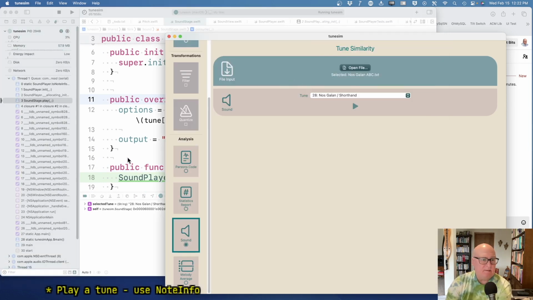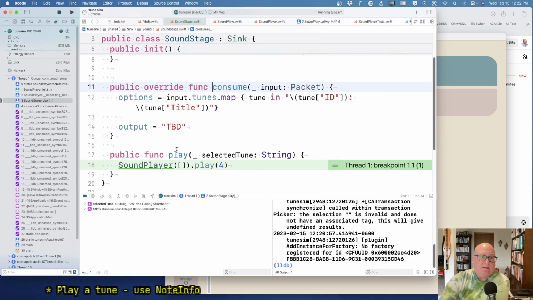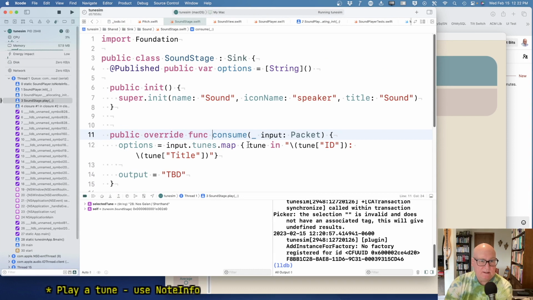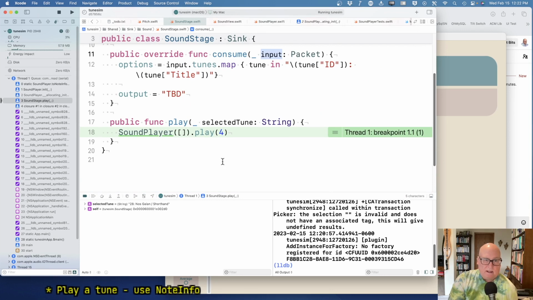Yeah. All right, well, I guess the time has come to do what this thing really needs. Okay, so I think what's going on is it gets called consume when we update the pipeline and put the sound in there, and it builds the options array. But when you get down to play, that's happening at some time later. There's no tunes around anymore. There's no input or any of that stuff. So I think what we're going to check,